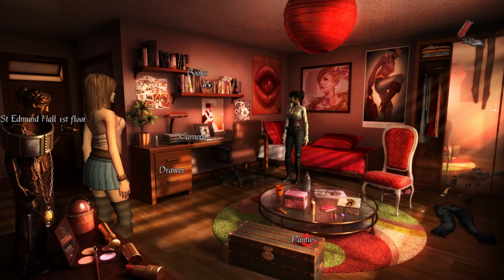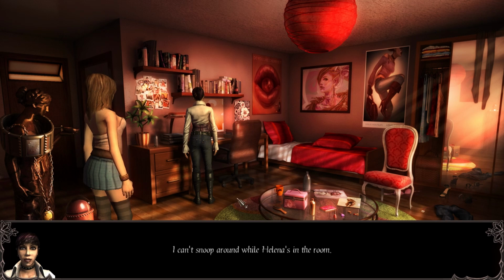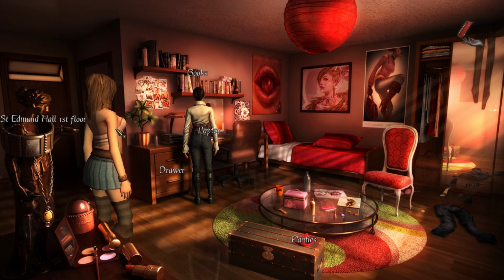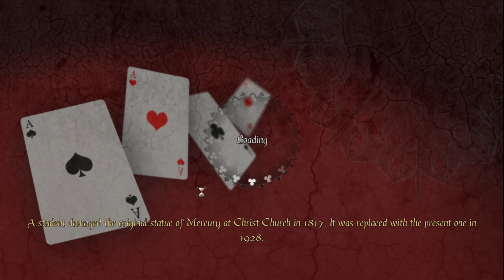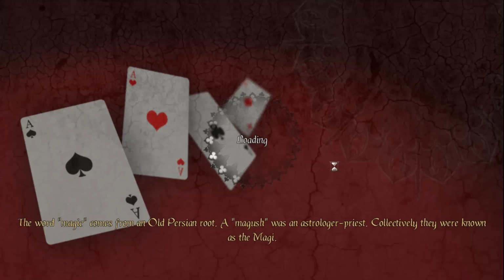Oh, that's the end of the... We're just gonna... I can't snoop around while Helena's in the room. Okay. We're not even gonna say goodbye or anything like that? We're just gonna leave? Okay, bye. Just, okay. You got me. Gonna go now. Nothing happened here. Nail polish bucket. See, she moved the bucket back. Made sense. You know what? I don't know what room everyone's in, but we're just gonna go around and...